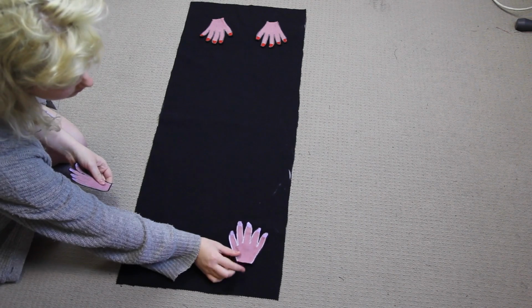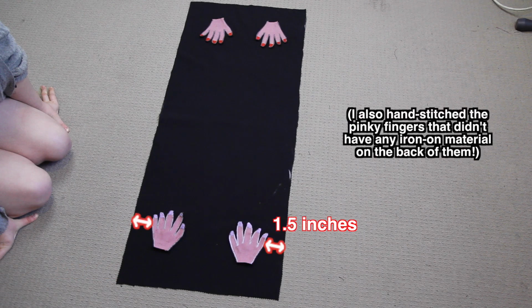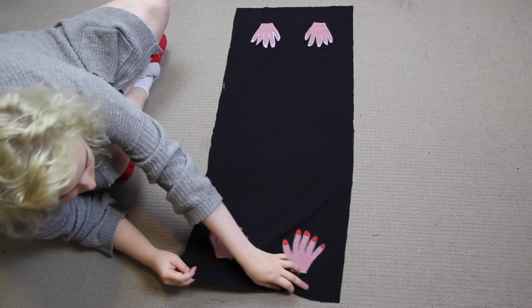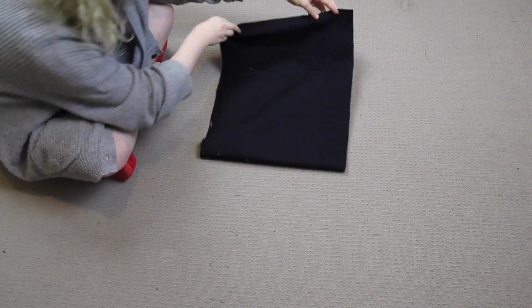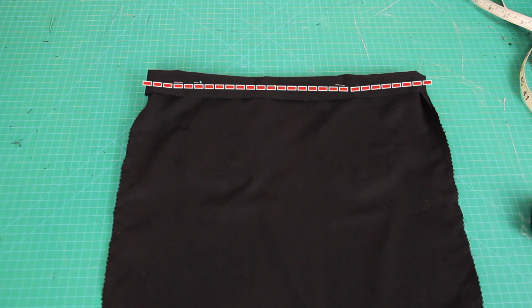So then I started the tote again from scratch. But first I'm going to apply the hands up both ends like this, each matching pair about 2.5 inches away from the top edge of the fabric by ironing them on. And once they were ironed on, I made the bag exactly in the same way as I did the first time around. Folded it in half, sewed down the sides, boxed the corners, sewed a hem around the top,